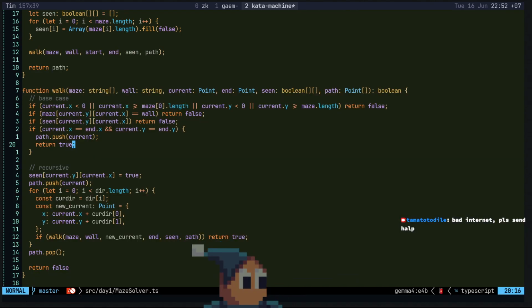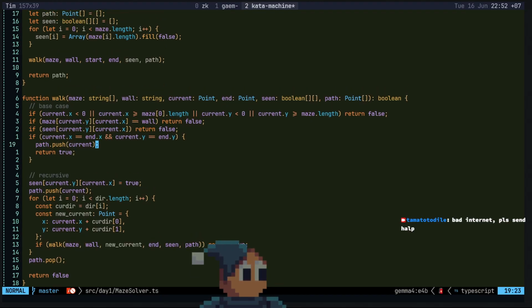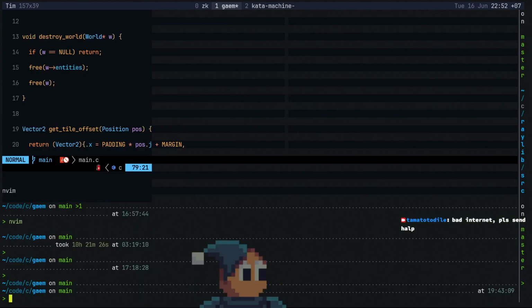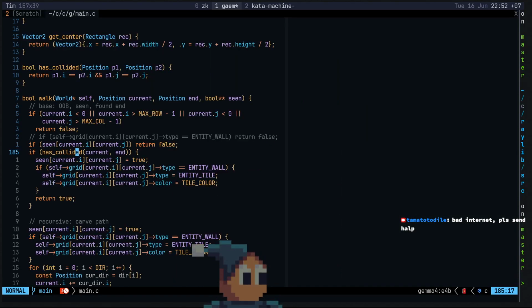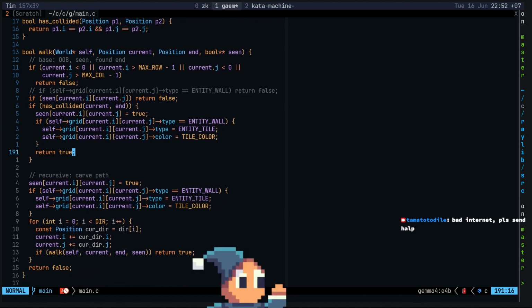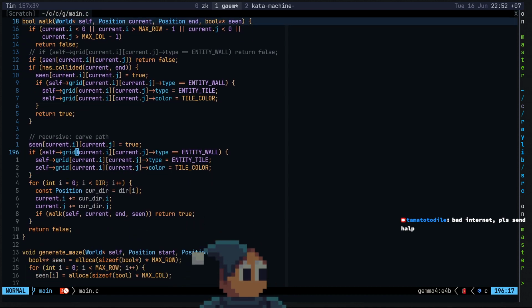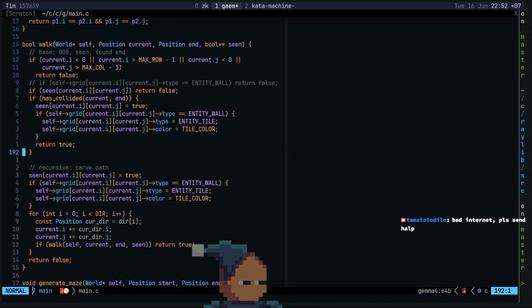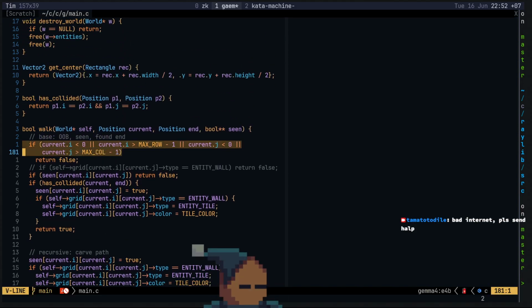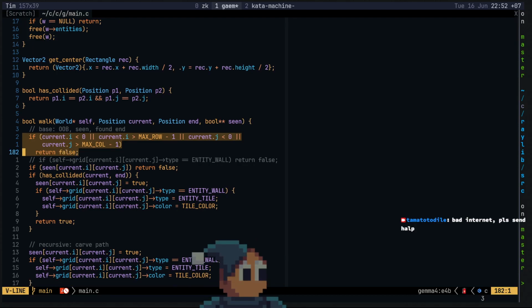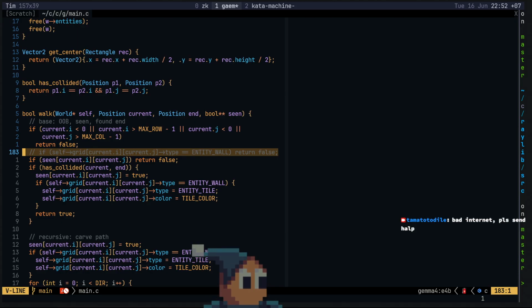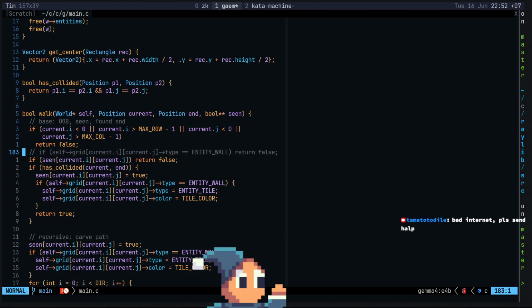Oh yeah, buddy. Okay. So what was wrong with this one? I'm pretty sure I basically did the same thing here. Boundary. Out of bounds. We're just not doing the wall because we want to step through the wall.